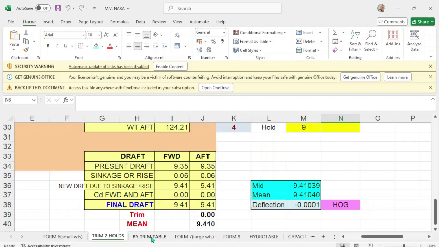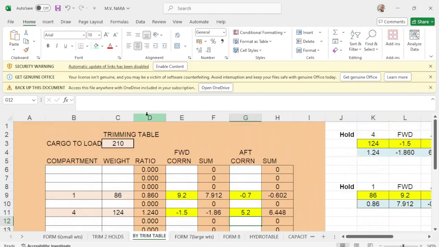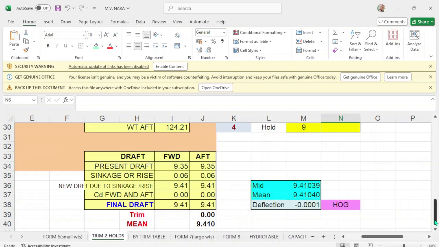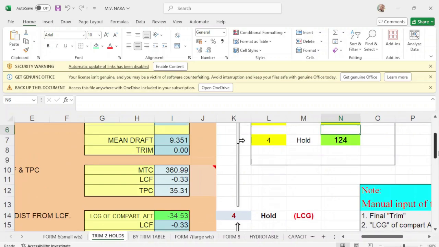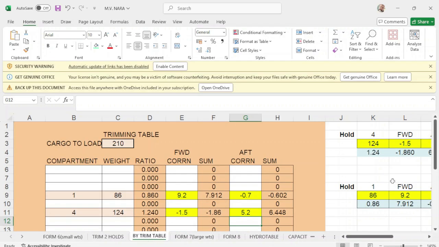Take note of the 210 cargoes. Here you are. Trim holds 1 and 4, and hold number 1 should be 86, and hold number 4 will be 124, which is this one. Okay, that will be your trimming table. So from your loading manual